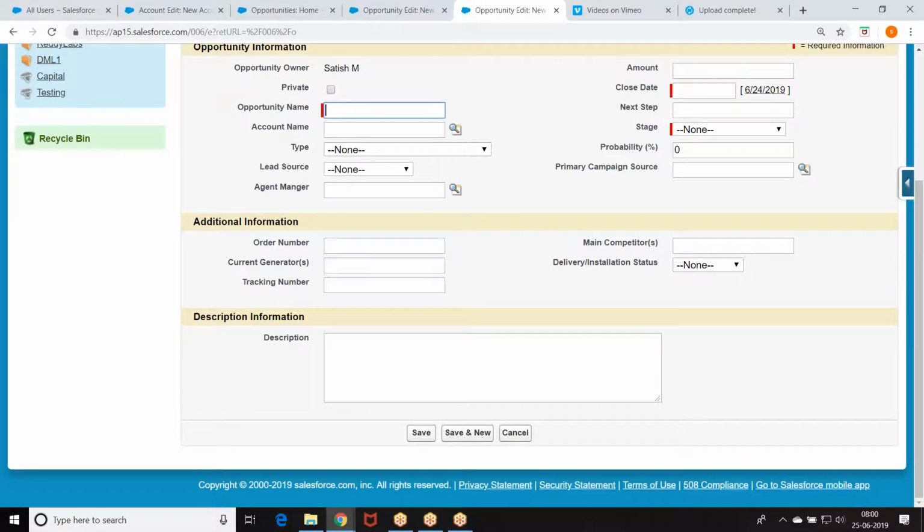I want to share this record only with that particular user. Now what do I need to do? I want to go for sharing, but the existing sharing rules are not suitable for me. I am going for dynamic sharing. So how do you share the record programmatically? Whenever a new opportunity is created, whomever I select as my agent manager, the record should be shared with that agent manager. I want to share the record with a particular person or a particular group as per my choice.